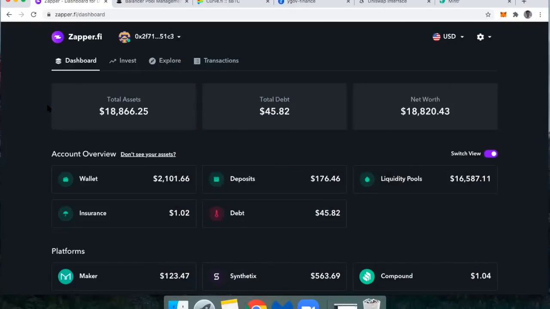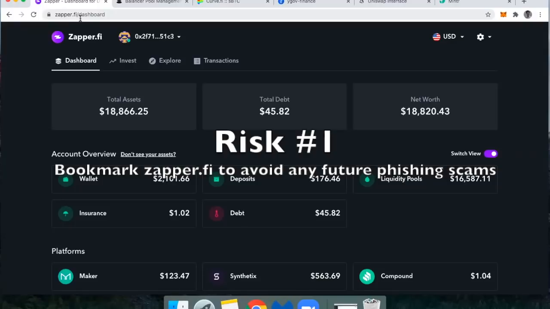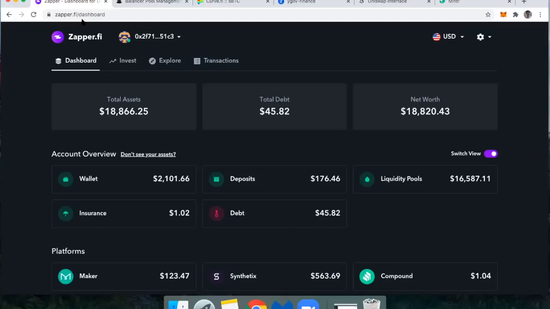So let's do a recap of all of the risks involved. First off, when it comes to the dashboard, there's really nothing for me to call out. I would say make sure that you bookmark Zapper.fi, F-I at the end. Make sure you bookmark it because my fear is in the future that someone will create a website where maybe it's got an extra I at the end. And the goal is to fish for access to your wallet and to confuse people who are newcomers. So it's always good to bookmark any crypto related website so that you don't end up getting phished on a